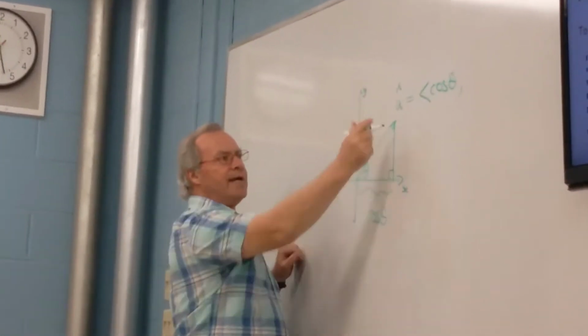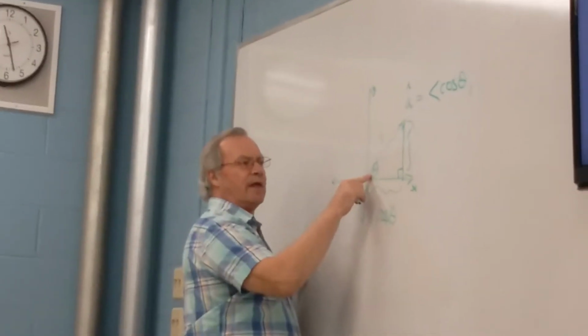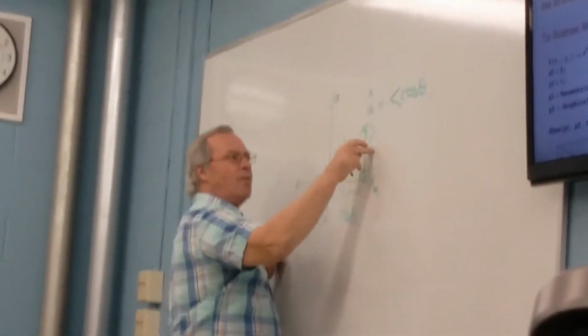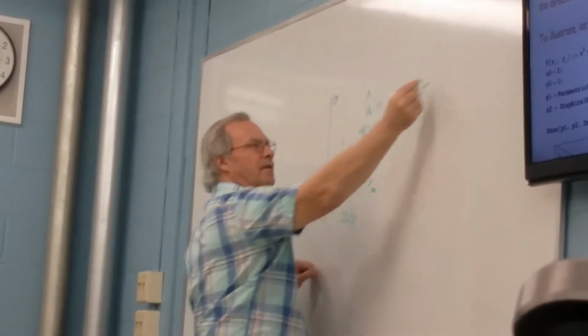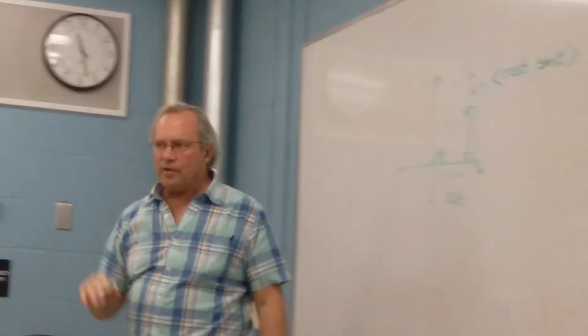Now, what about the y component of this vector? That's the y component. What's that equal to? Well, the sine of theta is the opposite over the hypotenuse. It's the opposite side, which is our y component of this vector. So what I'm saying is a unit vector, any unit vector in the xy plane can be represented this way,